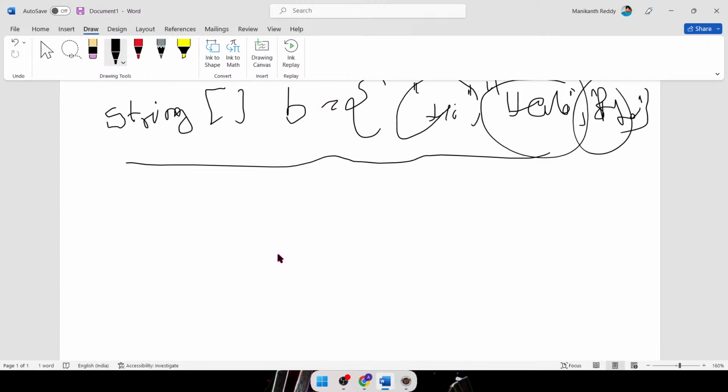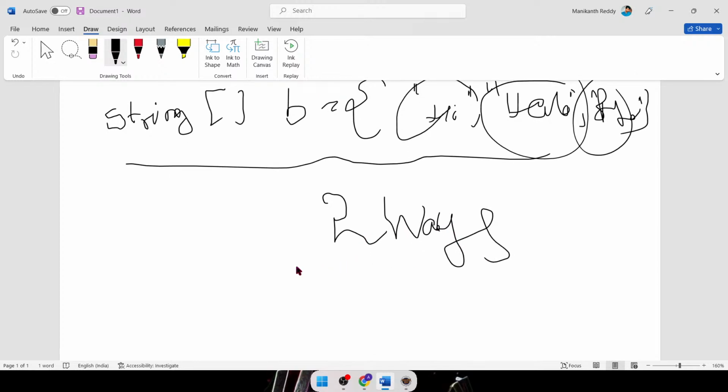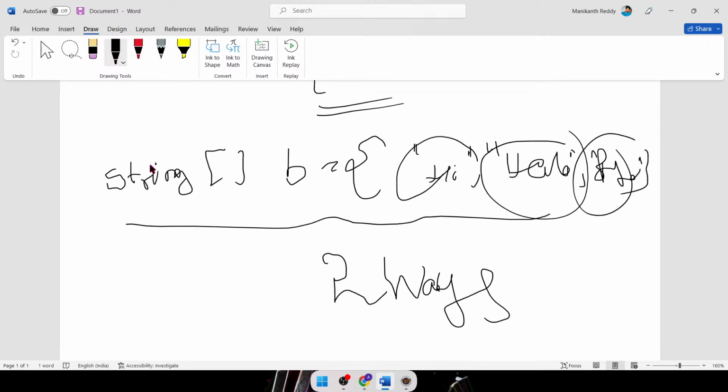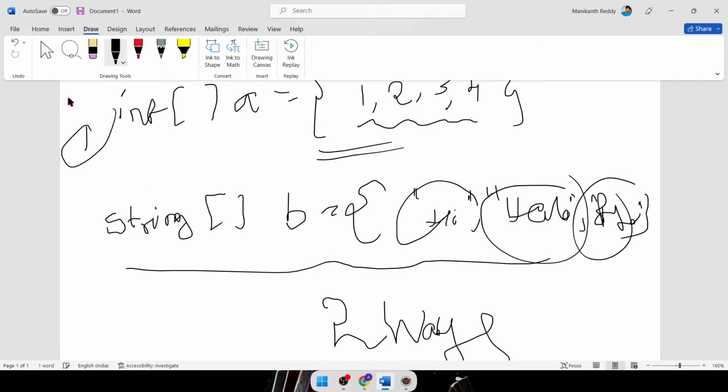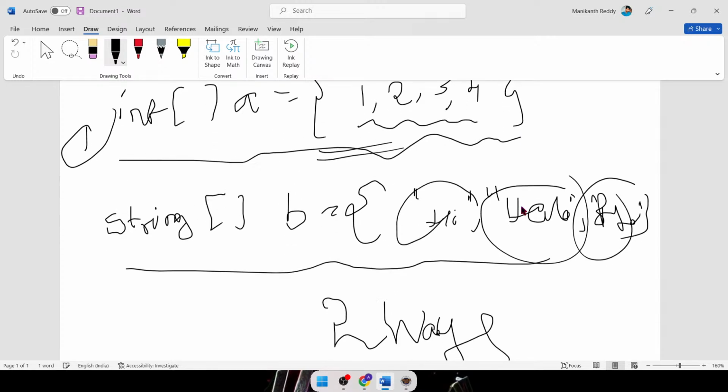There are two ways to write an array, guys. How to create an array in Java? There are two ways to create an array. See here, one method is like this. This is the first method. By this, you can create an array. And one more method is